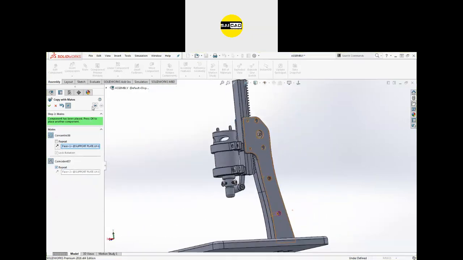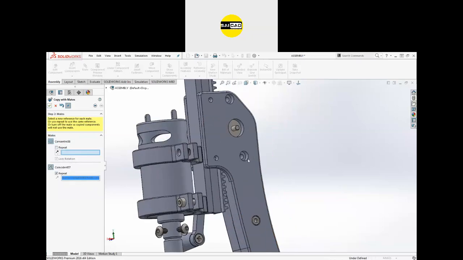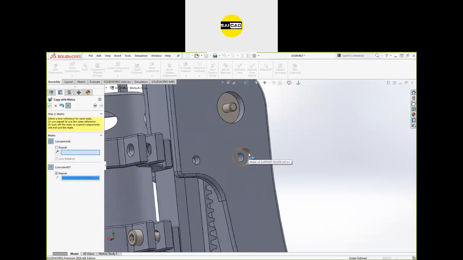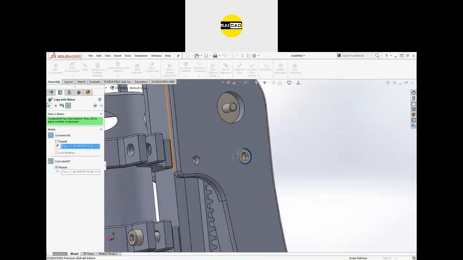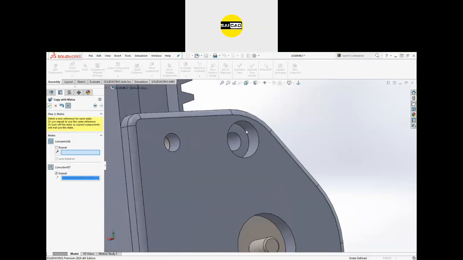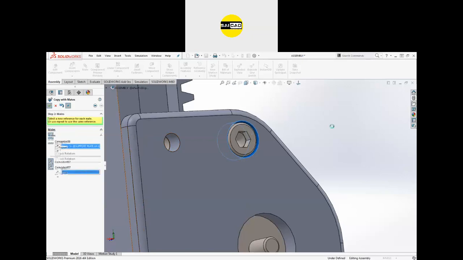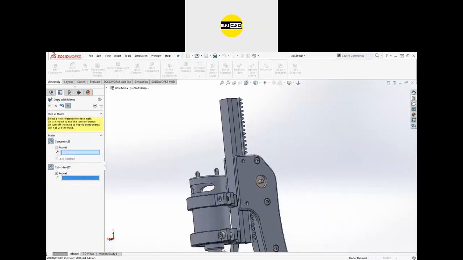Okay, so click OK, and now you are again in the command. So repeat this one coincident and define the new circular face like that. Click OK. So this way you can create. So select and click OK, and everything will be created like that.